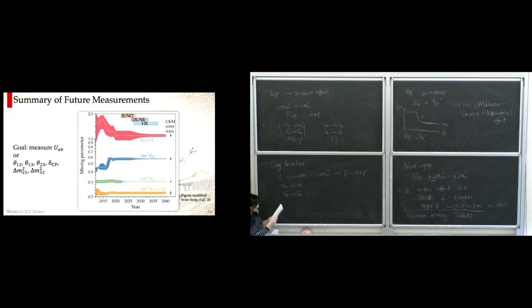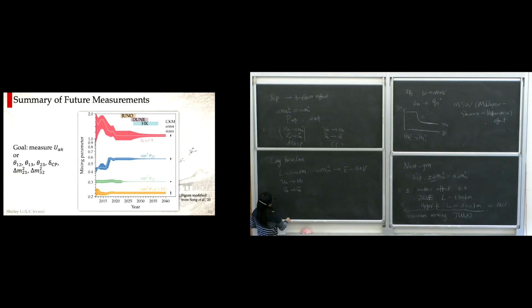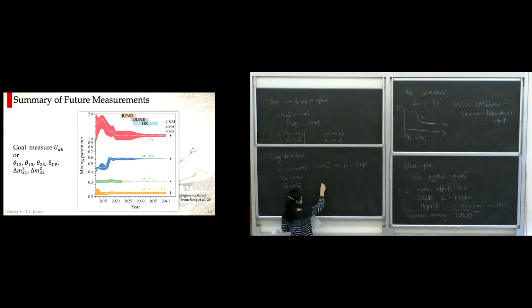Okay, so then let's just write down, for something like DUNE, where you can assume constant matter density, the actual oscillation probability, approximately, from nu mu to nu e. It looks something like this. I just want to let you see the terms with key information. So a bunch of angles. And whenever